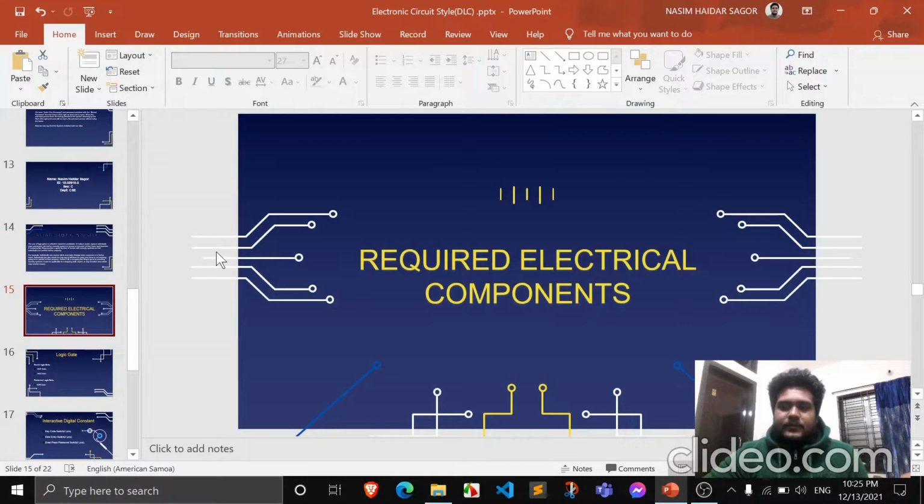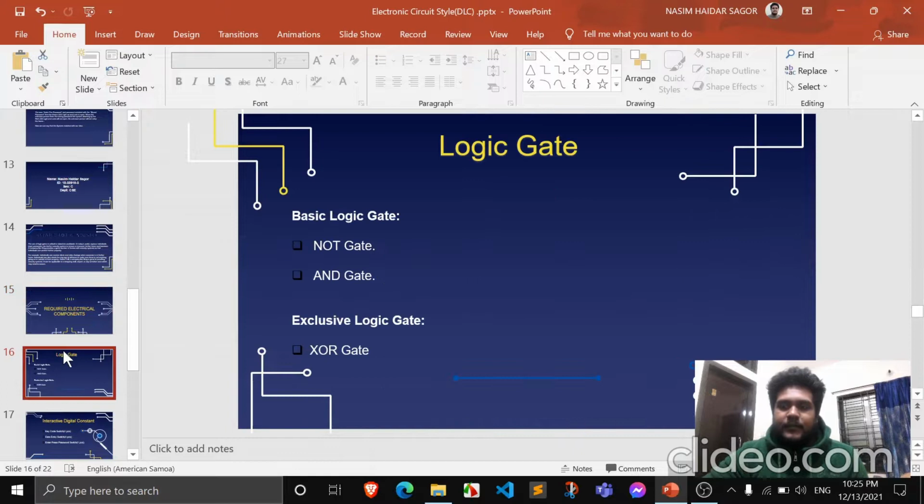Let's talk about the required electrical components. Basically, we will design our project, the password security system, using logic gates. We use two types of logic gates: basic logic gates and exclusive logic gates.